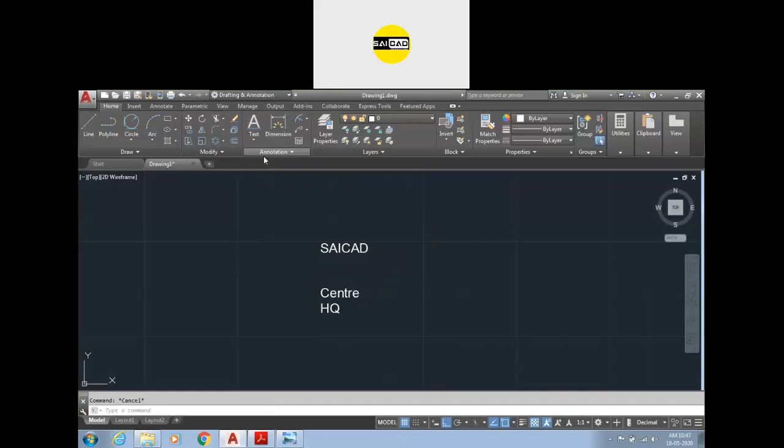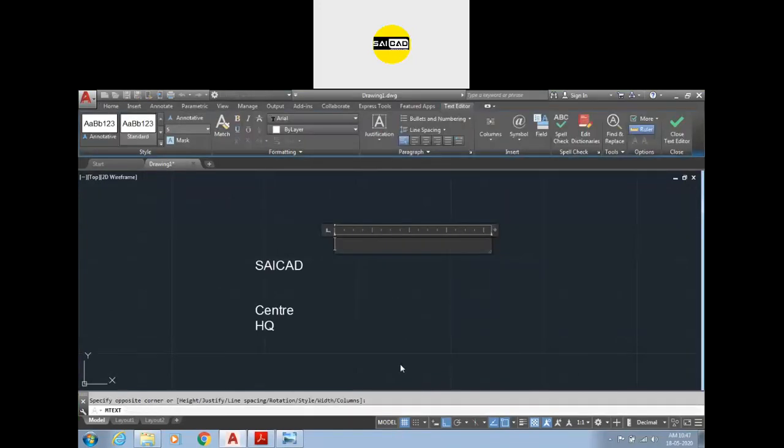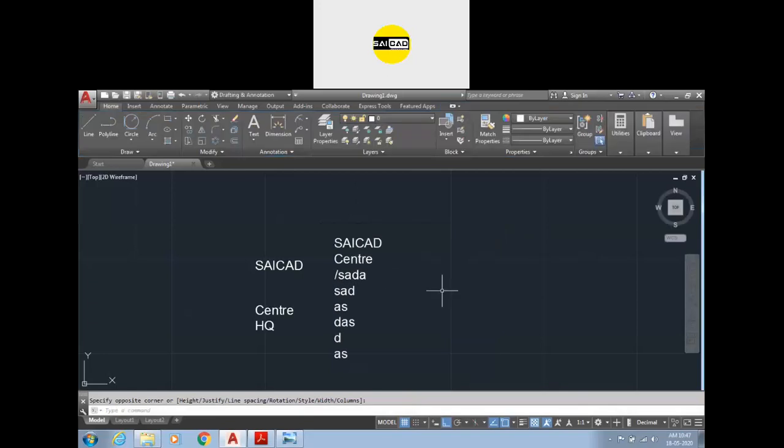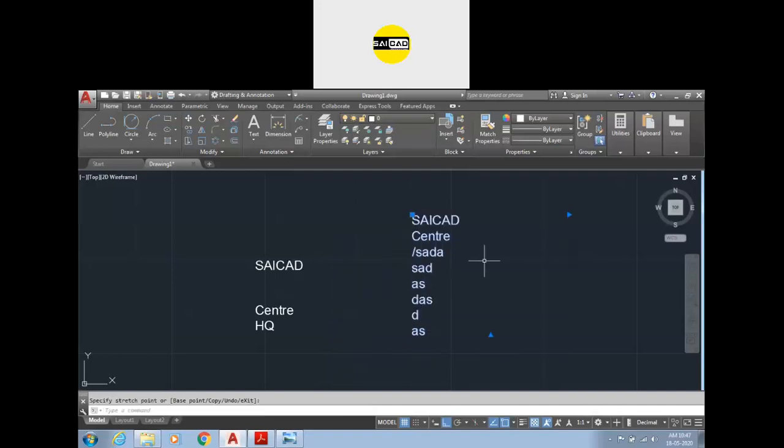Okay, if you use multiple line or the shortcut T enter, you have to first specify the area where you want to write the text, and after that you can just type like that. Now you can see we have a text editor up here. You can change the size, font style, everything will be set from here. If you press enter and type something else, like that, if you have to complete the command, just click outside and the command will be completed. Now you can see this was separate and this is the paragraph. You can move everything from here.